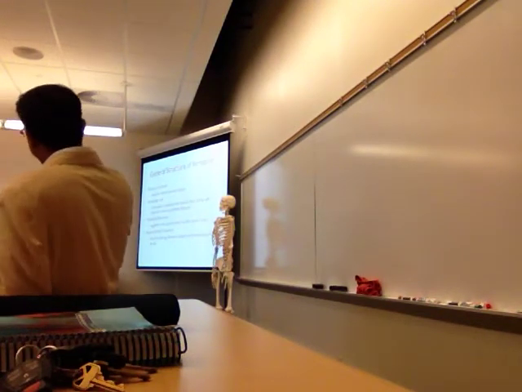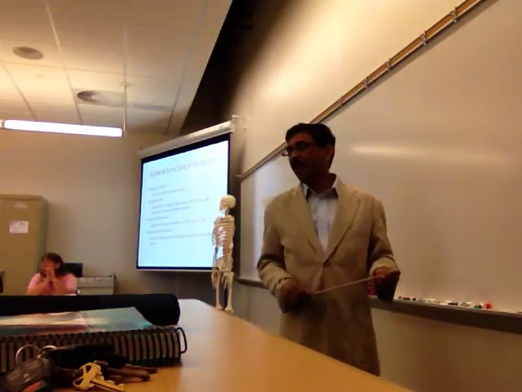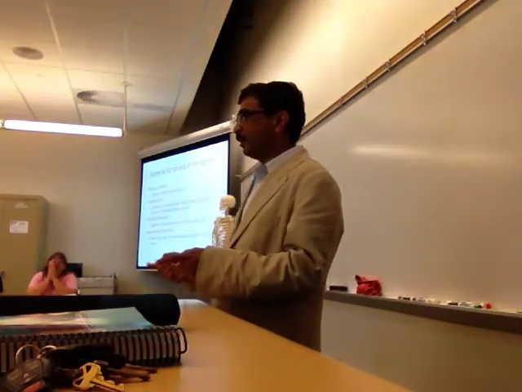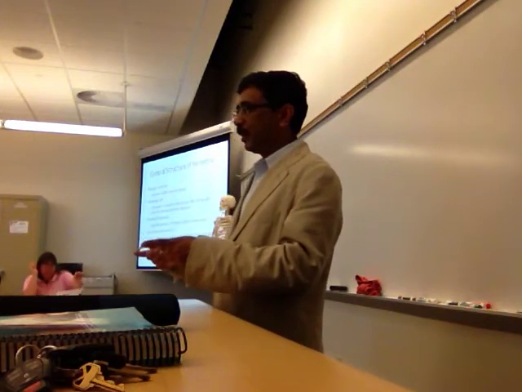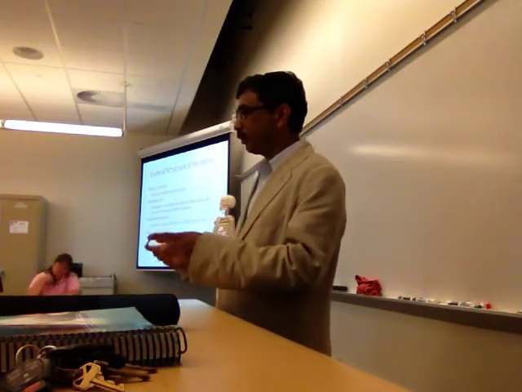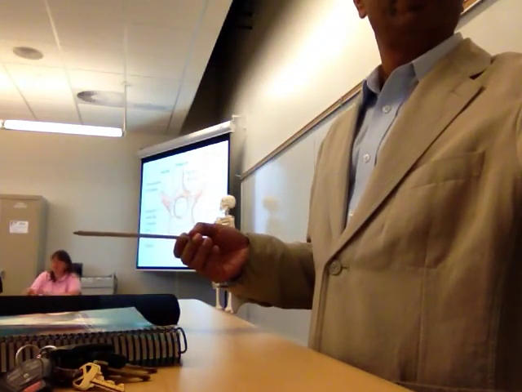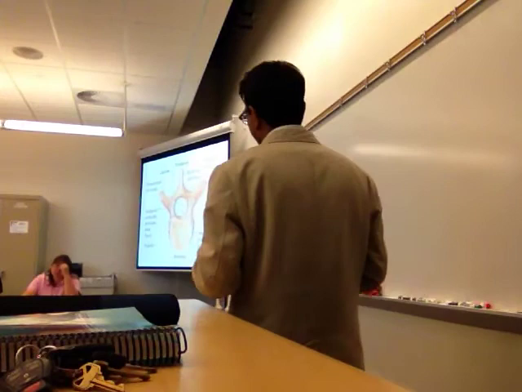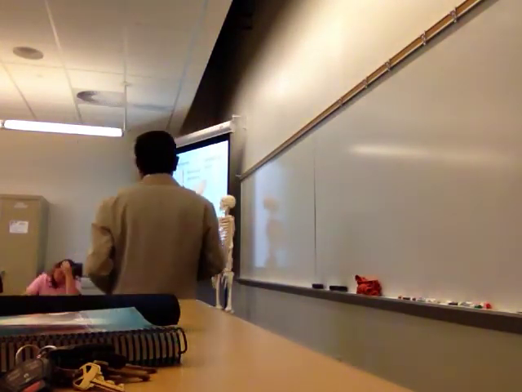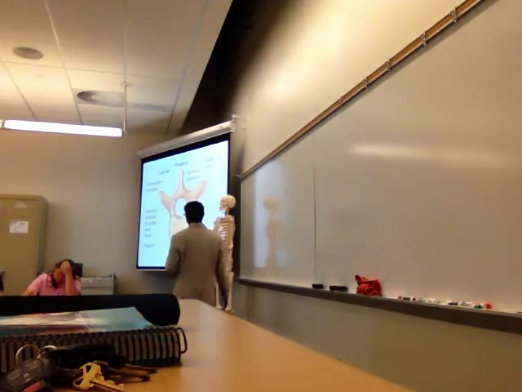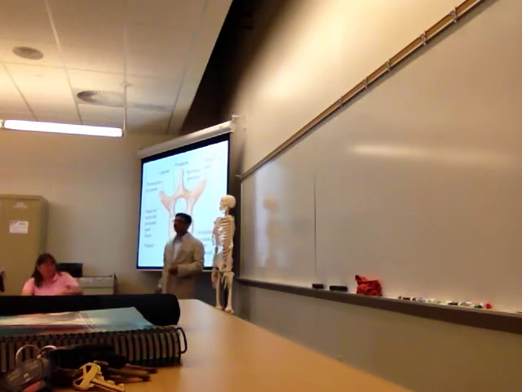Okay, so the vertebral column is formed by vertebrae, and you know that there are different groups of vertebrae, and in between the vertebrae you have intervertebral discs. We have talked about intervertebral discs. Now we'll see the structure of a typical vertebra. So a vertebra has a body, and the rest part is called the arch. So this is the body, and the rest part is called the vertebral arch,